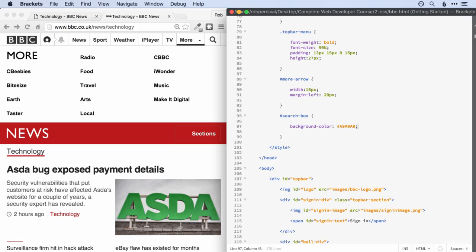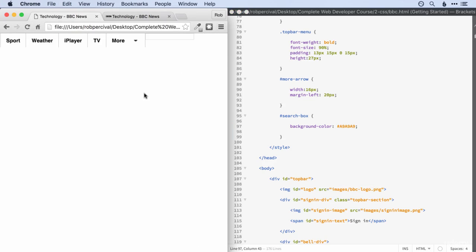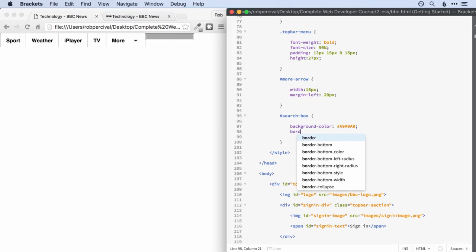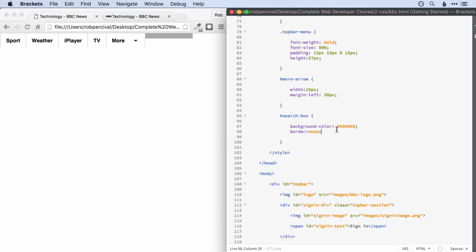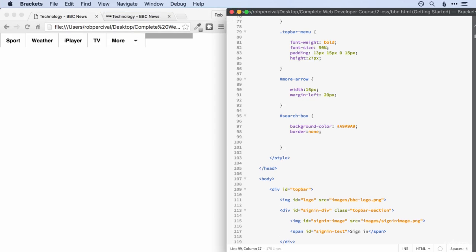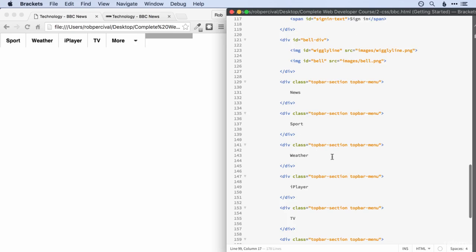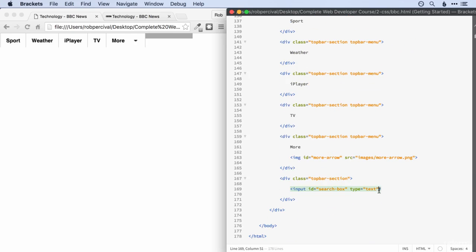And that's going to be that number there, so that looks about right. We don't want any border here. So I'm just going to put in border none. Okay. We definitely want it a little bit taller than it currently is. But we might achieve that with padding. Let's have a look